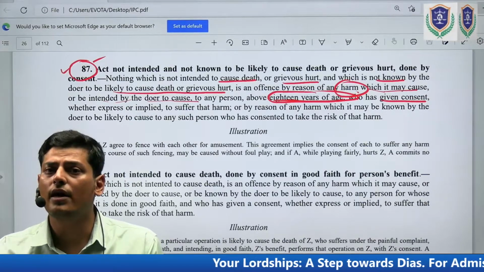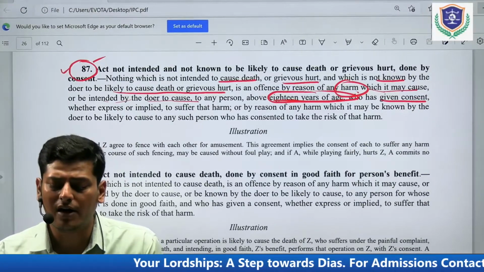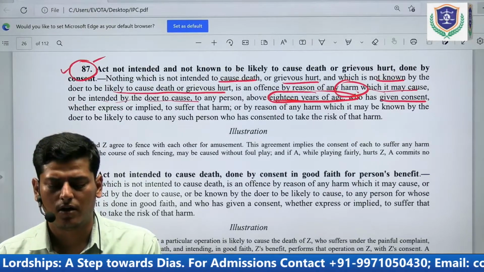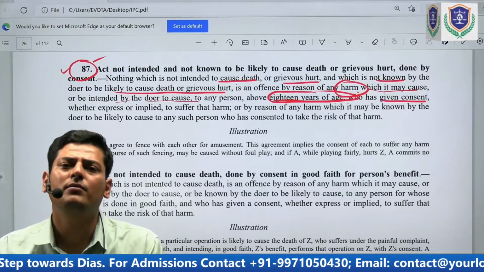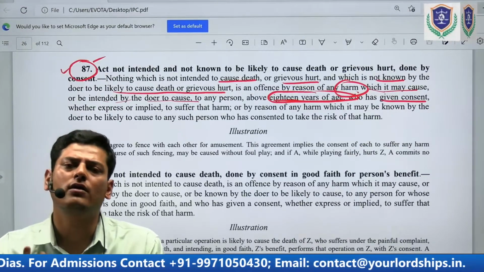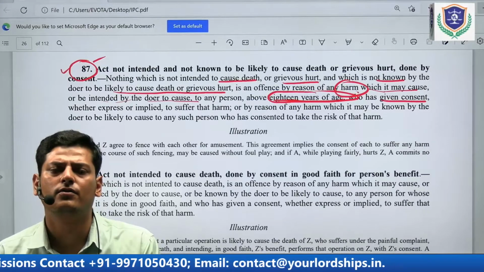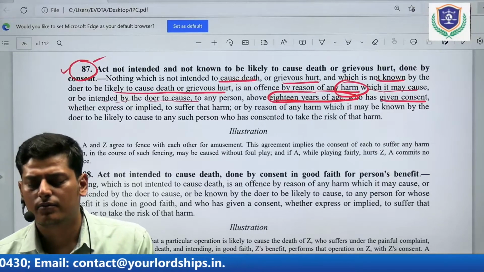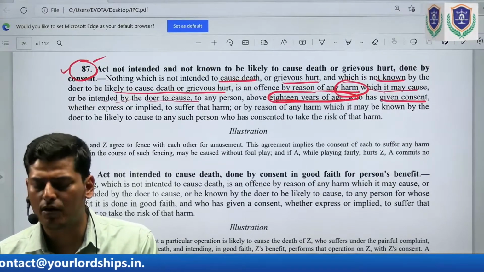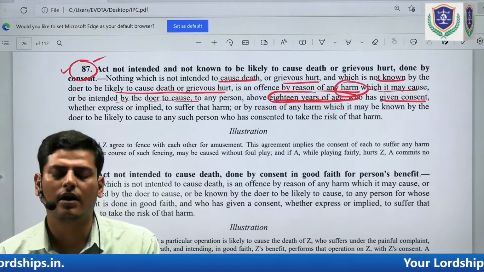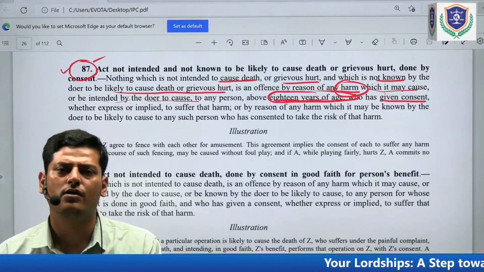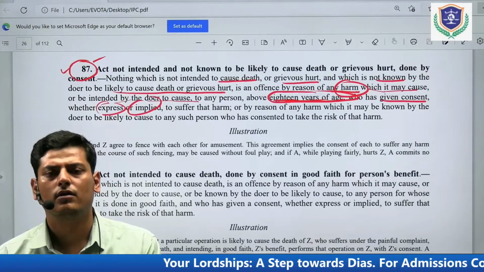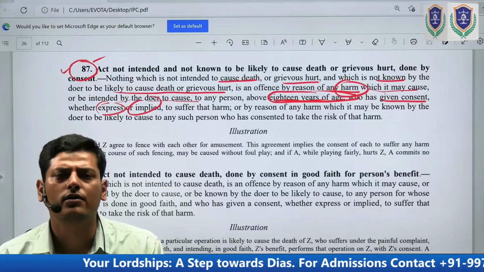The person has not intentionally and not knowingly caused the death or the grievous hurt. And if he has caused any harm, though it may extend, it was not intentional causing of death or grievous hurt. And if he has caused any other harm with the consent of a person who is above the age of 18 years, then it will not be treated as an offense. The consent may be either express consent or implied consent. Express or implied consent to what? To suffer the harm,